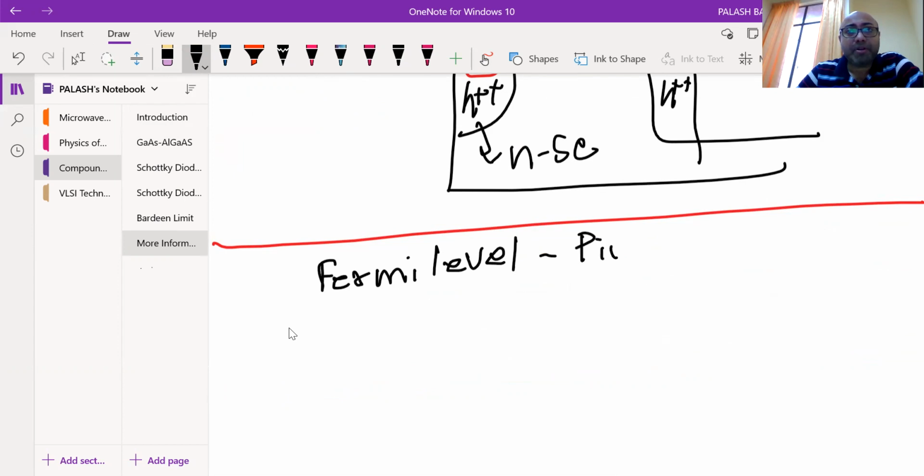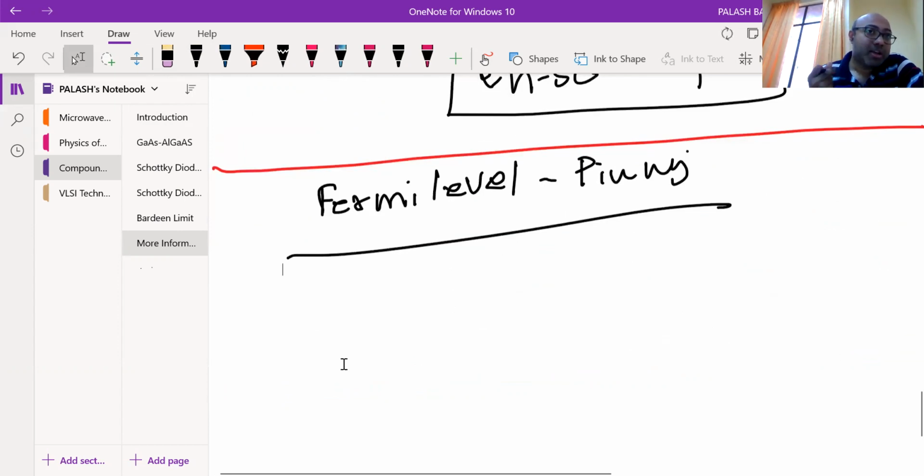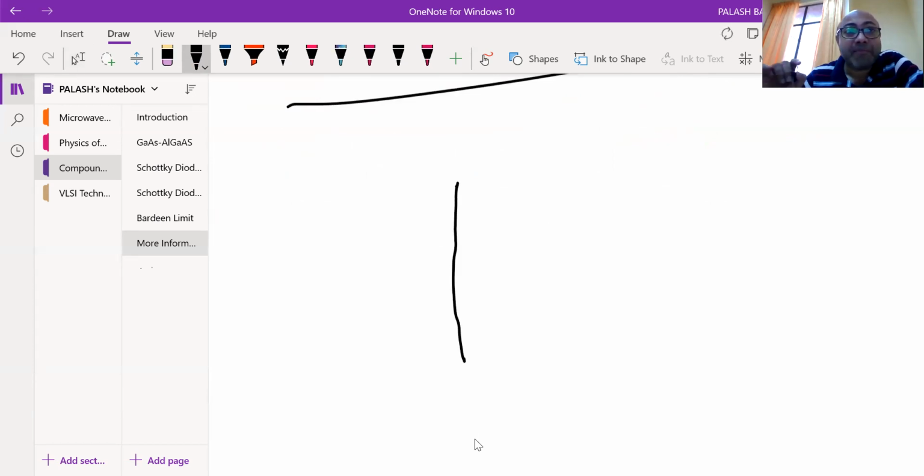Pinning. It's a very important question, and a very favorite question for those people who are doing a little bit of hardware, who are actually fabricating a device. It may be a sensor, it may be a MOSFET. This Fermi-level pinning is a very good concept. And what is that? How can you understand Fermi-level pinning,